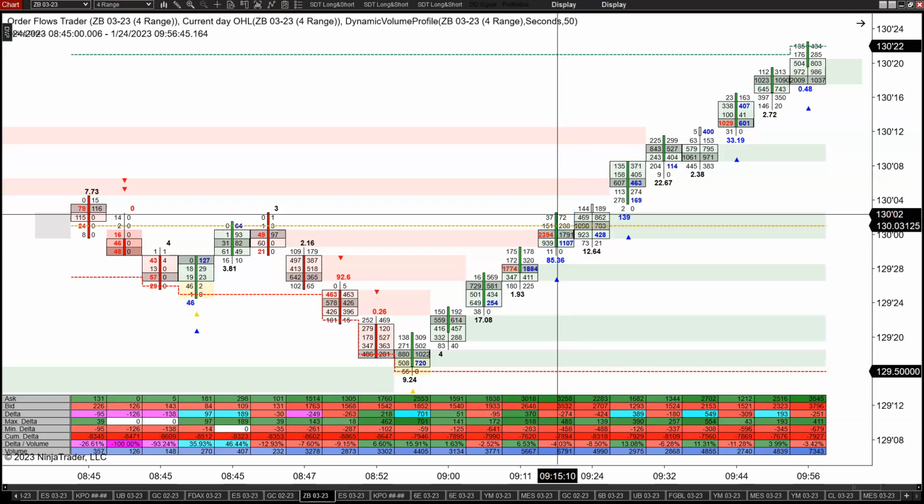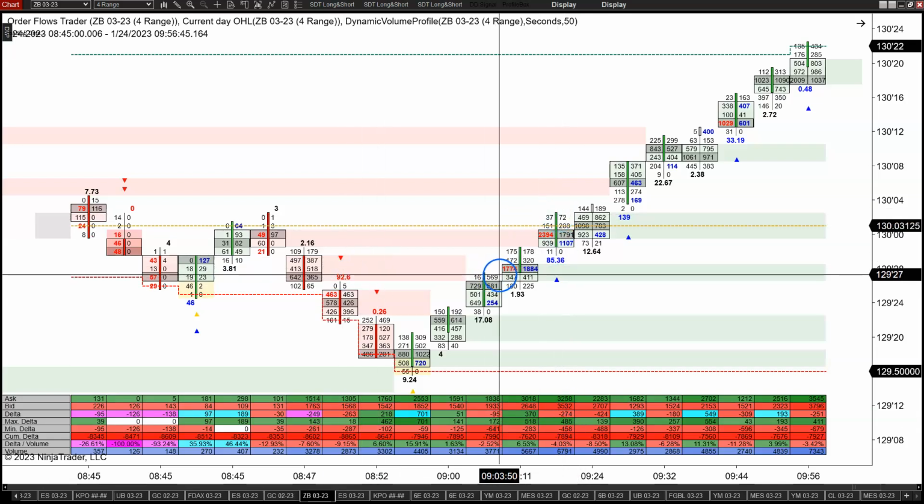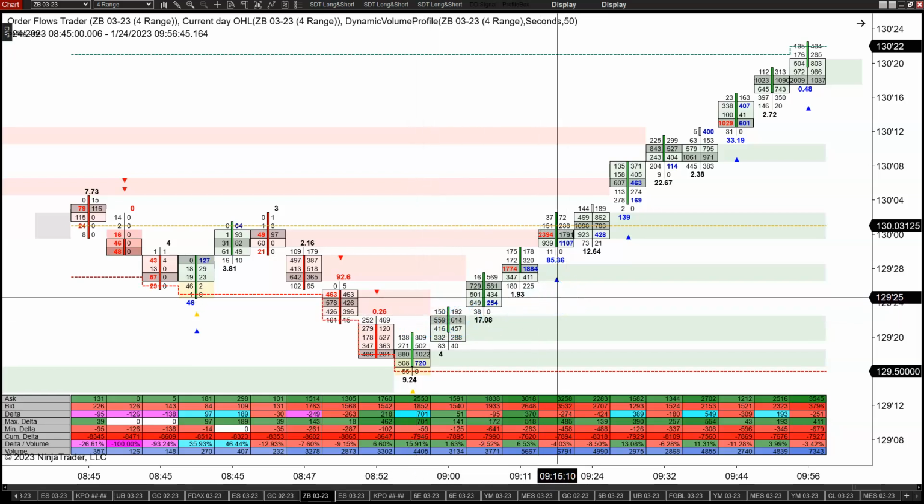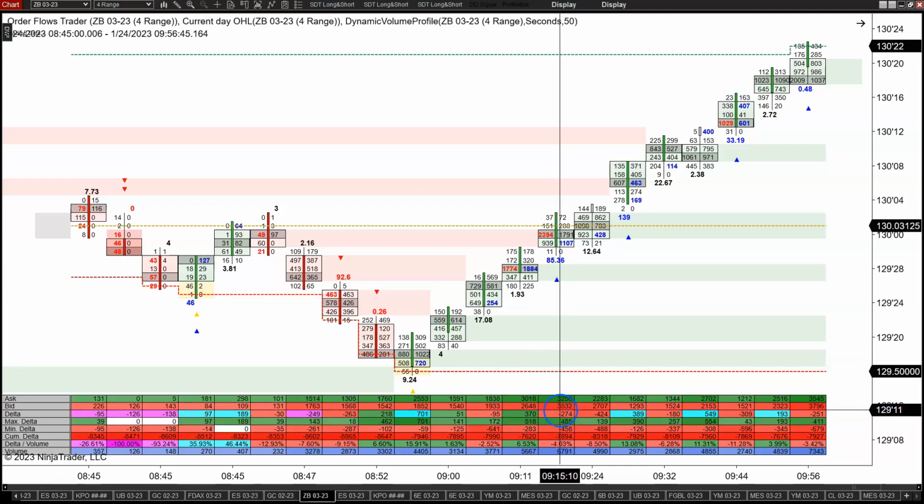And it's trading higher. Okay, so in this move, you've had from the bar at the low, 1, 2, 3, 4, 5 bars. 2 of them have negative delta. Okay, let's take a look at the volumes. Well, here